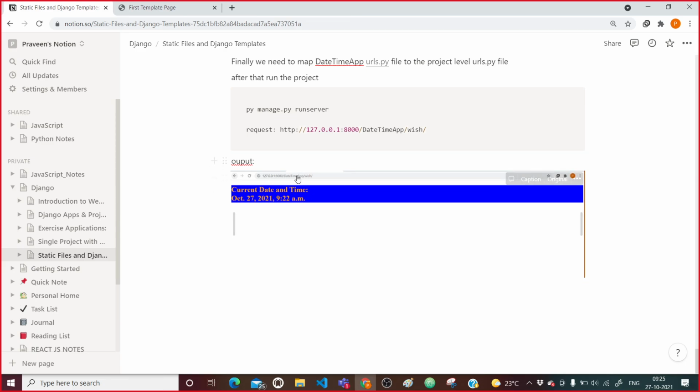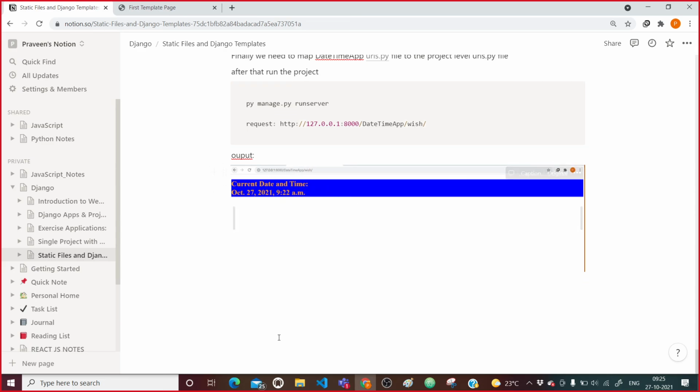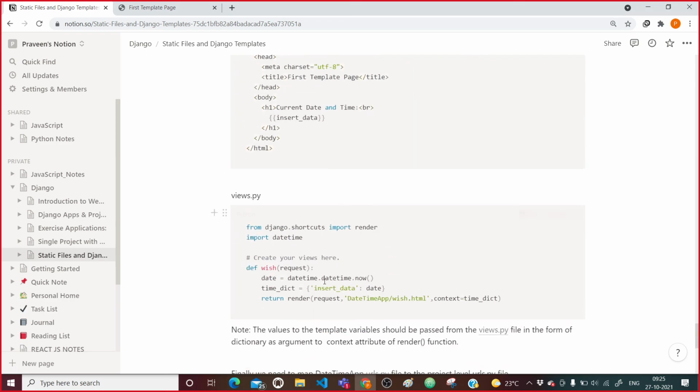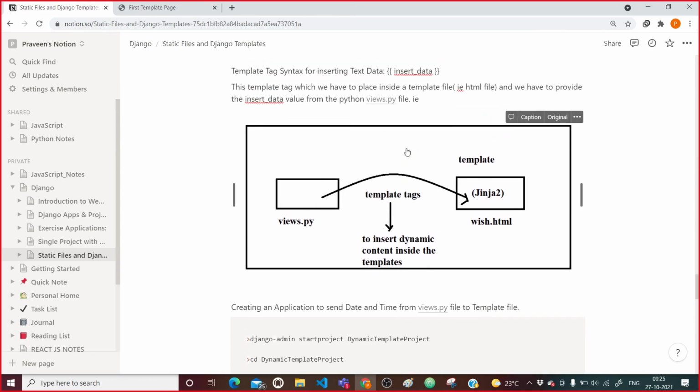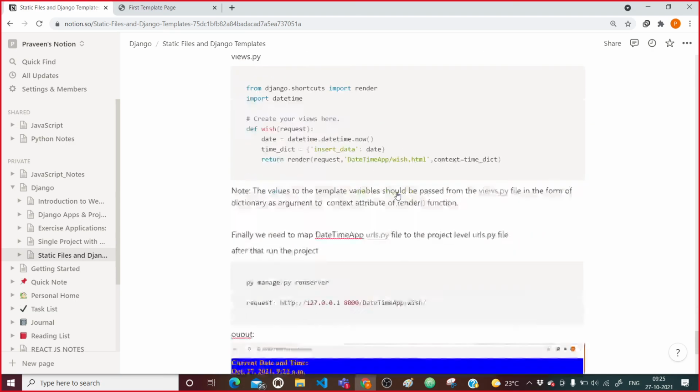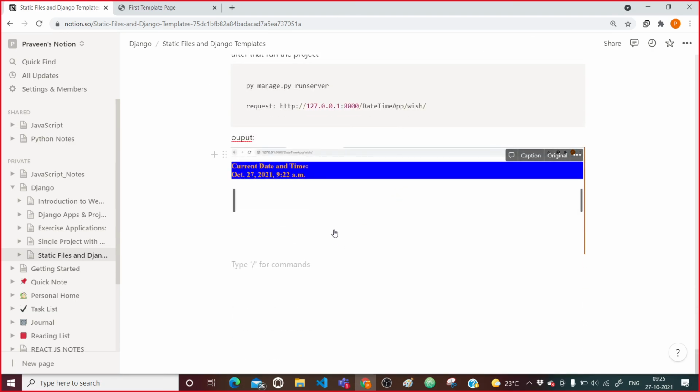Then you are going to get this page, right? Now I have just shown you how to use a particular template tag, how to pull a variable from the views.py file to your template. Is it clear, guys? Yes, sir.